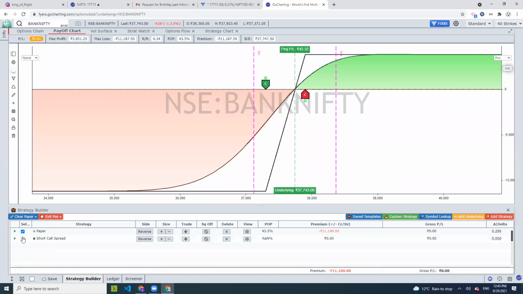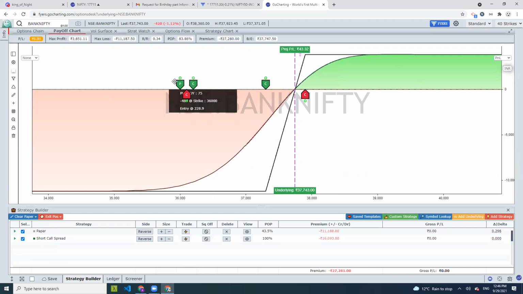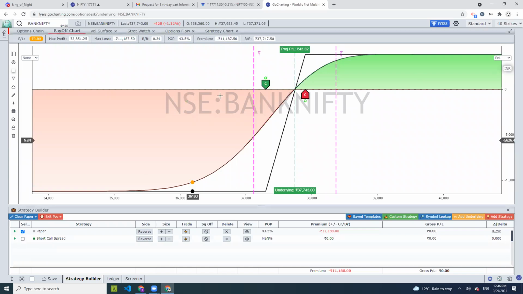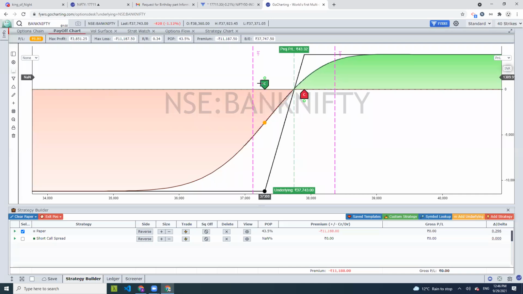There is an option that you can keep adding more and more strategies, and you can decide whether or not you want to include them in this payoff chart calculation. Right now I deselected short call spread, but if I want, I can add it. Just click on it and it will change accordingly. All these new positions showed up, and these will go away when I deselect it. Right now only the two positions that I had shown by this wedge are visible.